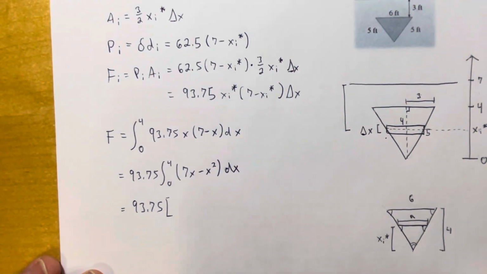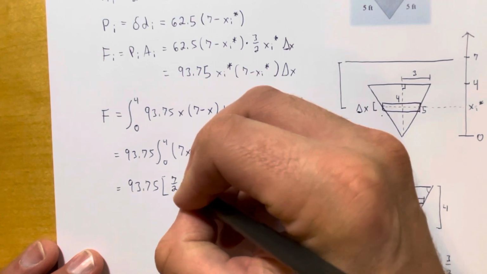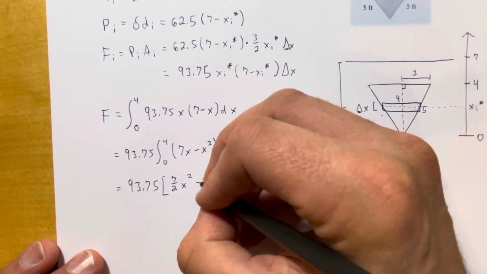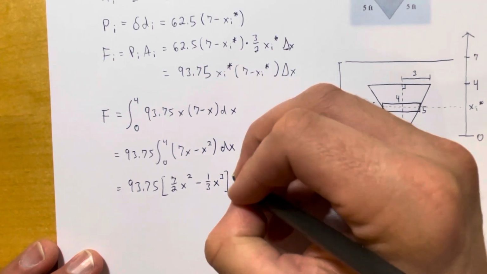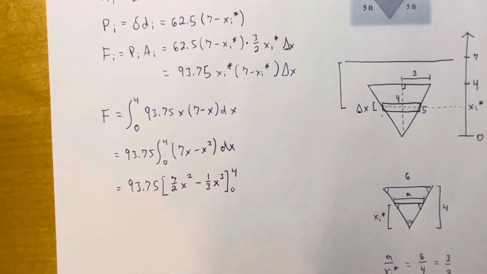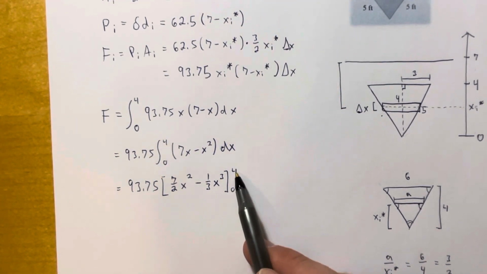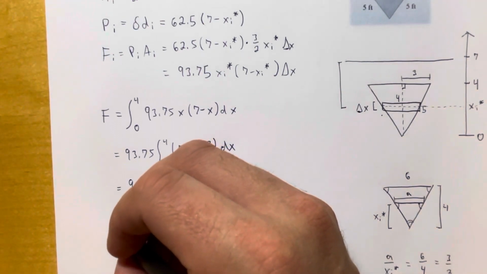It's a polynomial. Those are straightforward to integrate. So I get 7/2 x squared minus 1/3 x cubed from 0 to 4. I can see that plugging a 0 into this makes all of it go to 0. So really, I just need to worry about the 4. Plugging a 4 in here is going to end up giving me